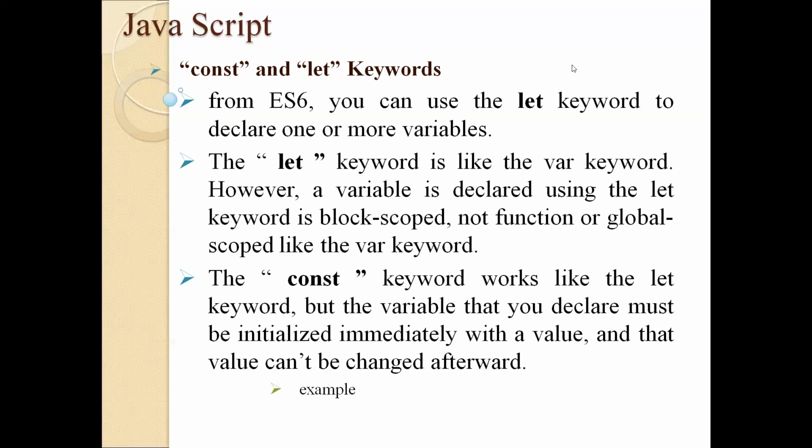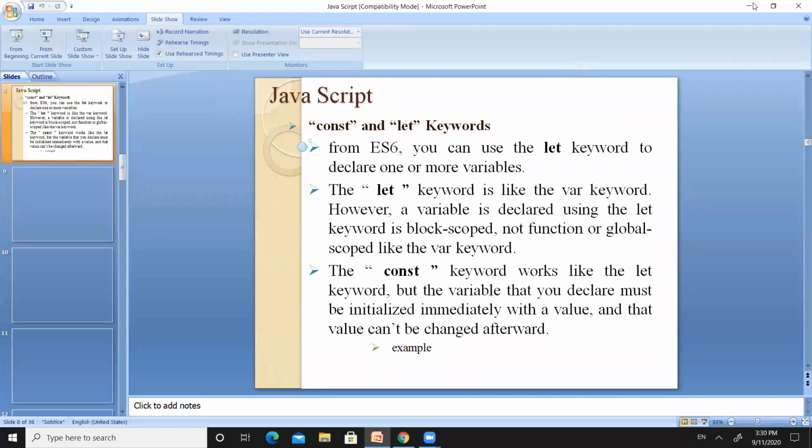So we declare some variables with the let keyword. The variables defined with the let keyword inside a block can be accessed only inside the block. They cannot be accessed outside of the block. Let us check how this will work. Then the const keyword is a common keyword we have used in programming languages to make the values of variables constant. Similar to the C programming language, in JavaScript also we use the const keyword. So let's take an example in the programming window.